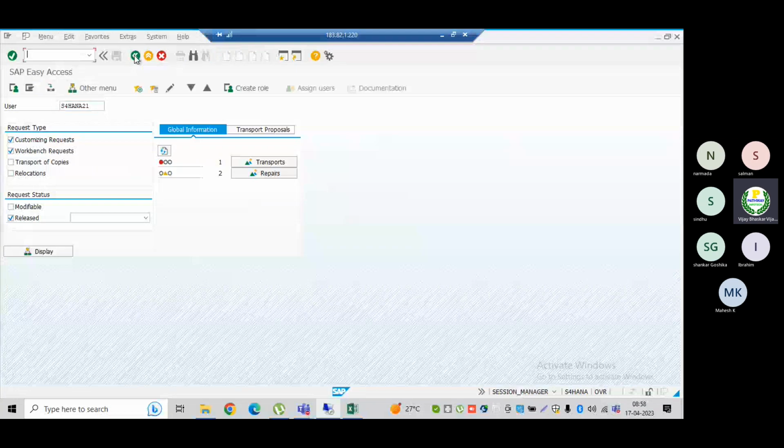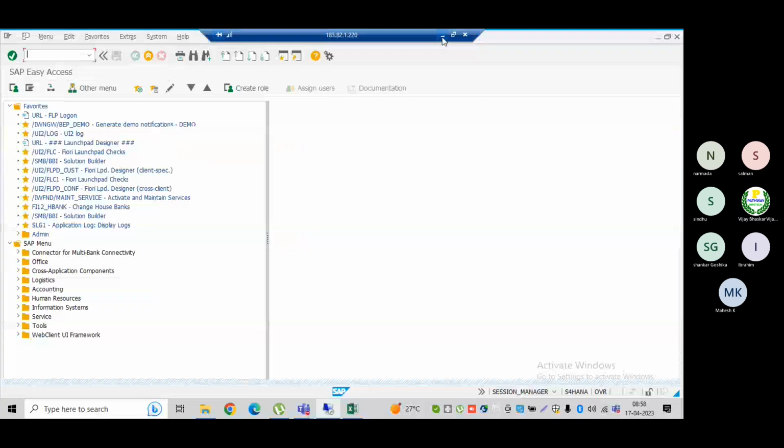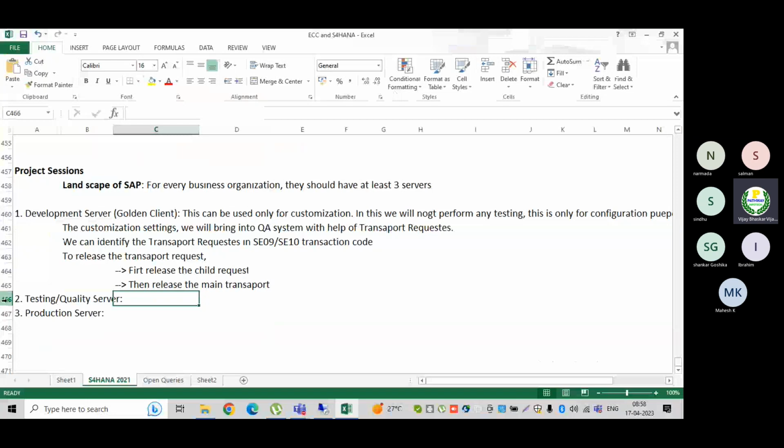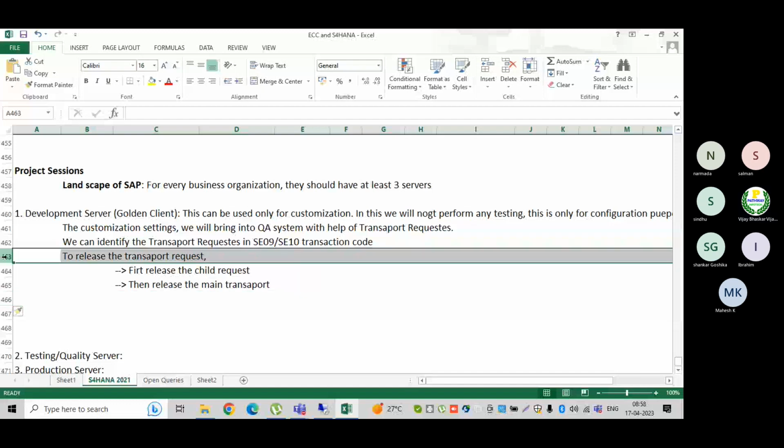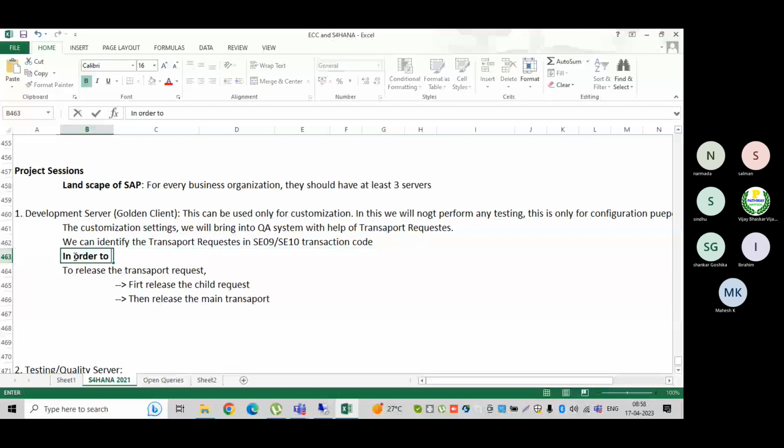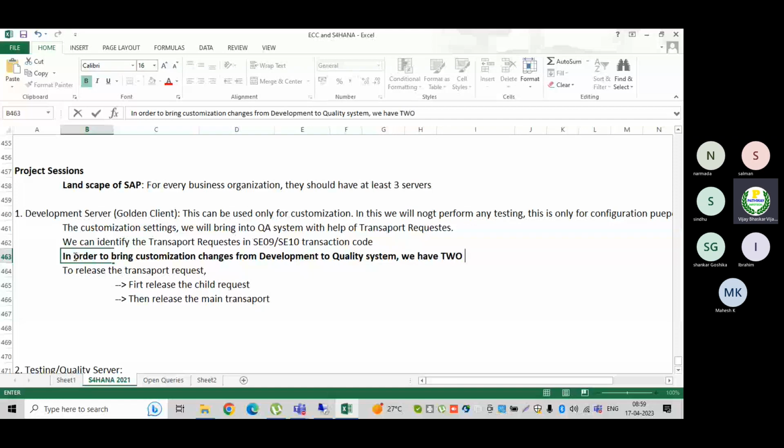Now, in order to bring the customization changes from the development to the quality system, we have two methods or two ways.